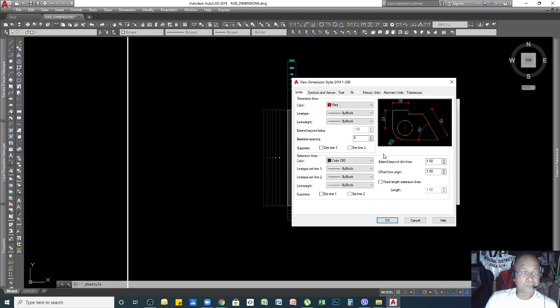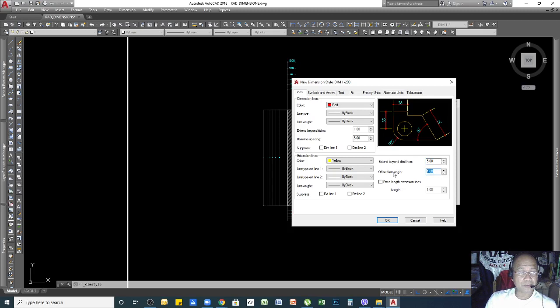Then the extension line is this one. Let's say we will use yellow. See, it changed already. Everything else here, just leave it like that. Then extend beyond dimension line. This is the one. If you want to make it longer, you can increase this. You see, if I enter 5, it increases already.